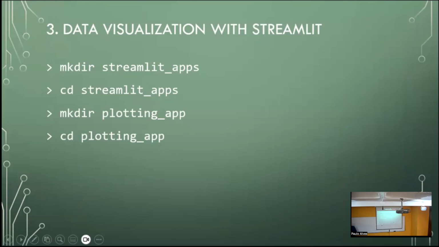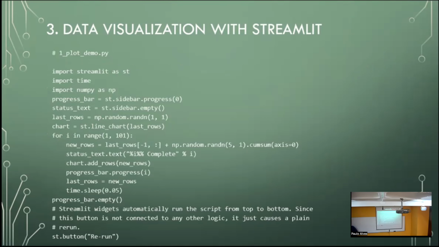Okay, so the next step is to create a new directory. You can do mkdir. I call it streamlit apps. I create it in my documents, for instance, and then I create inside that a new folder, plotting app. So this is the first example, a plot demo.py. You can open this example. You go to Visual Studio and select File, Open File, and there's this file on the shared folder, one plot